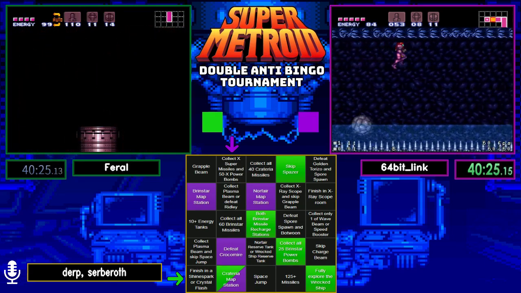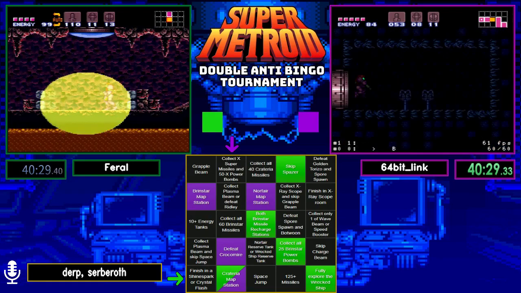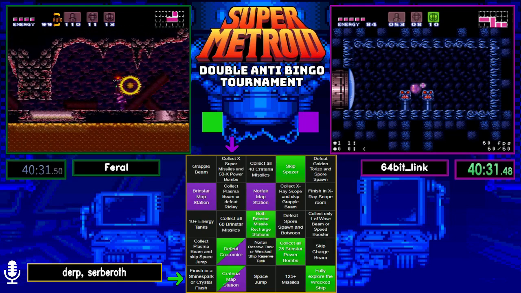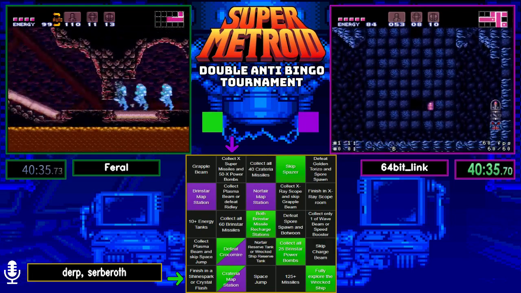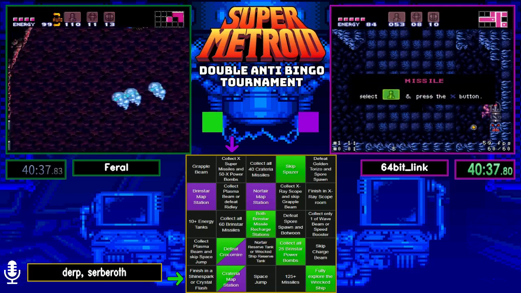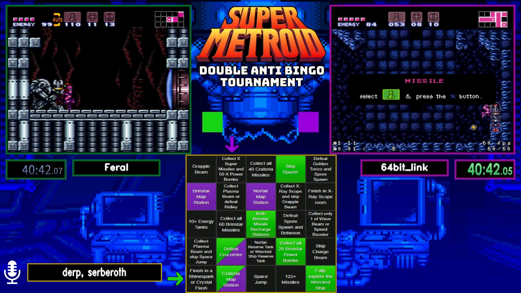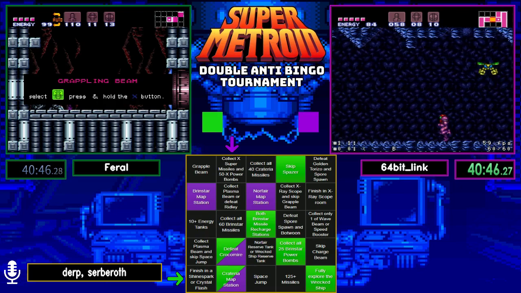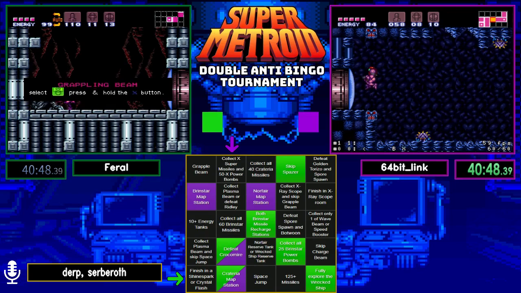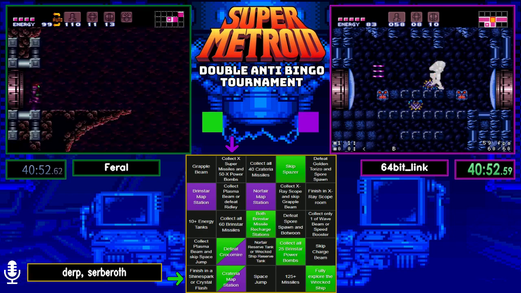All right. So, Farrell's setting up to get grapple beam here. And yeah, so this will give Link all 60 missiles once he picks up these beta missiles. Yep. This is starting to look pretty close. This is going to come down to who can do Maridia faster. Yeah. Our runners are on equal footing as far as equipment, so...